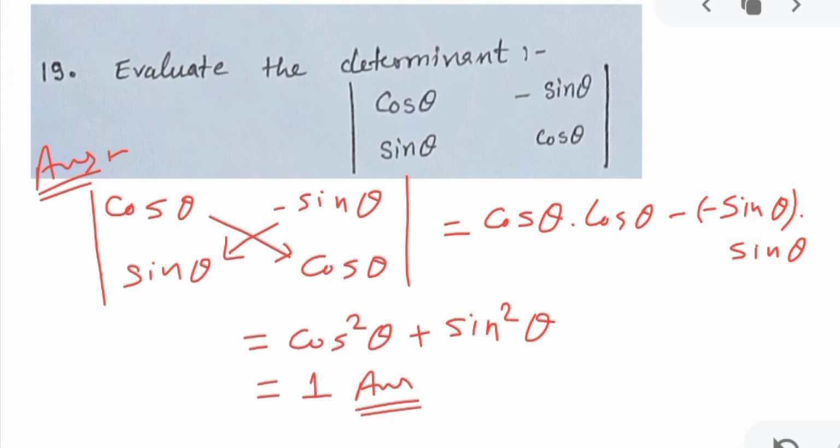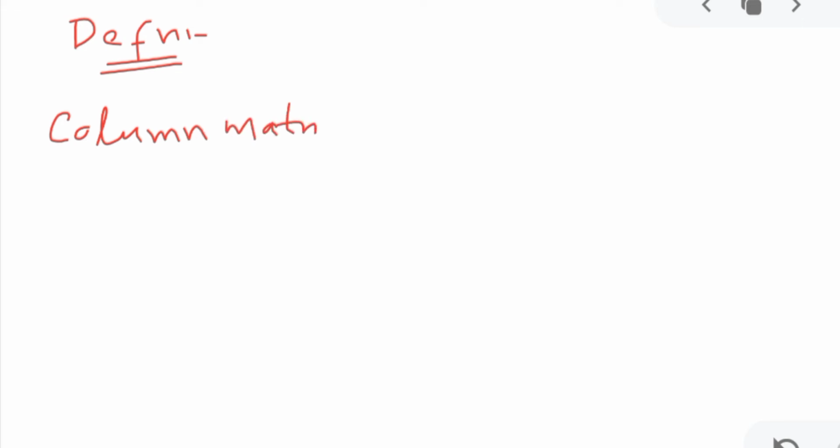Before moving to the next question, we will discuss a few definitions they can ask. You can treat these as extra questions. The first definition, from matrices, is the column matrix. A small definition like this they can ask in a 1 mark question, so you have to remember it. It is a very simple definition, just give it attention. A column matrix is a matrix which will have only 1 column. A simple definition of a matrix you know, correct?